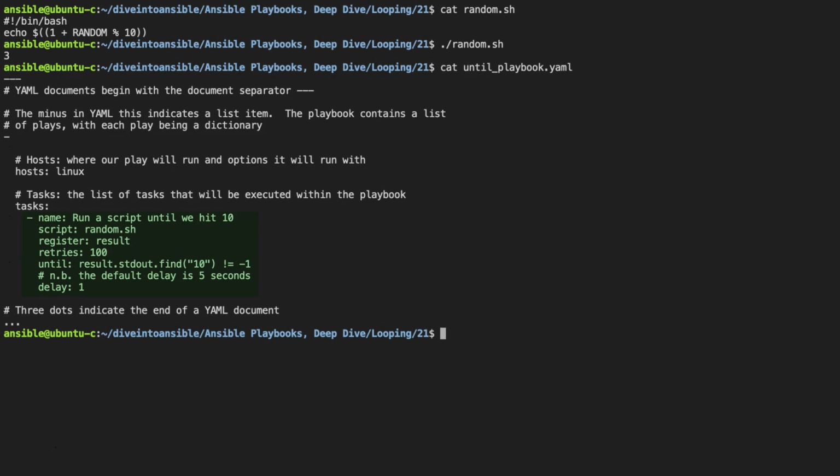You can see there that we're specifying the script to run. We are registering the output of this in result. We're giving it 100 retries. And we're going to keep doing this until within the actual standard out, we can see the output of 10. By default, the standard delay on this is 5 seconds. We're actually overriding this to 1 second. If we run this,